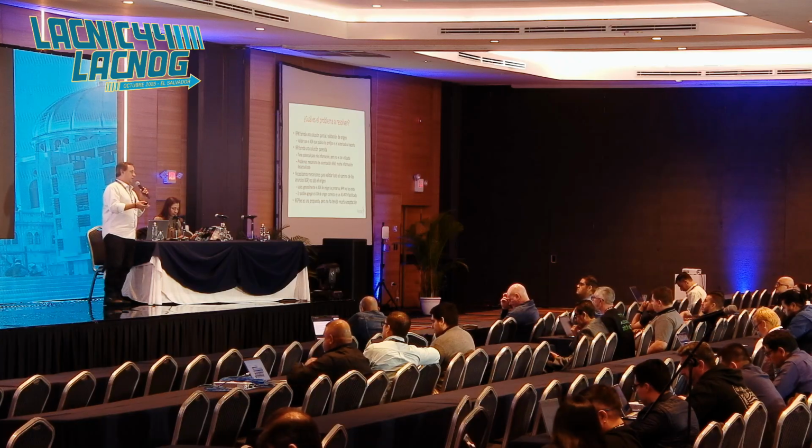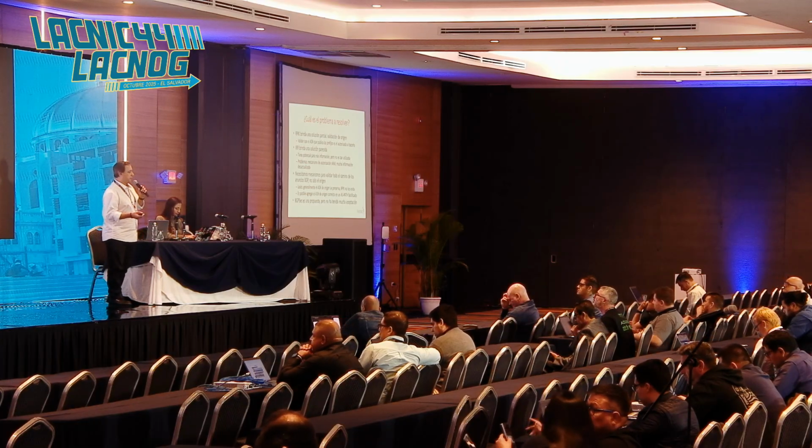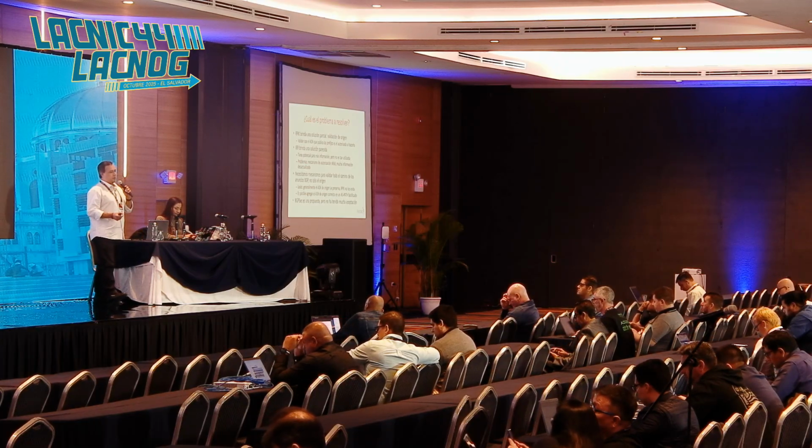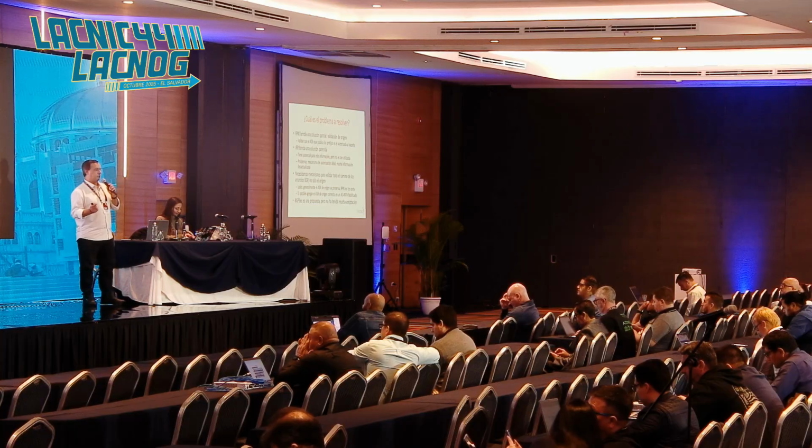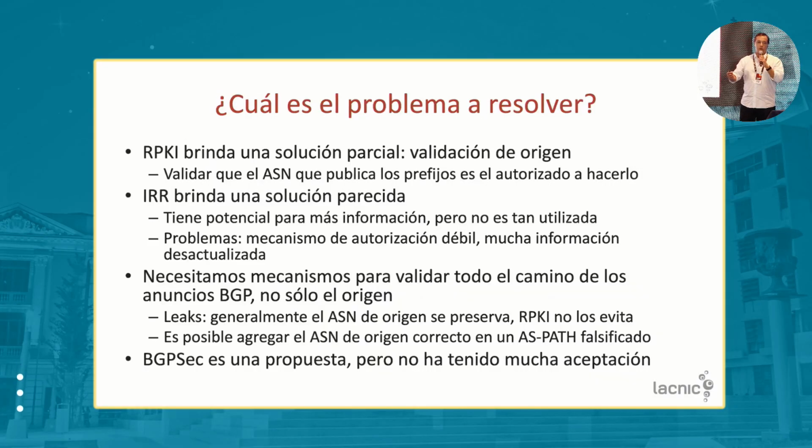Origin validation, the IRRs and RPKI. In that case, we only focused on the autonomous system that originates the prefix, but not all the path and if it's a correct path or not. We didn't analyze that. So we have a partial solution to the problem, which is validating who is authorized to publish a prefix, but that is not enough for the leaks,